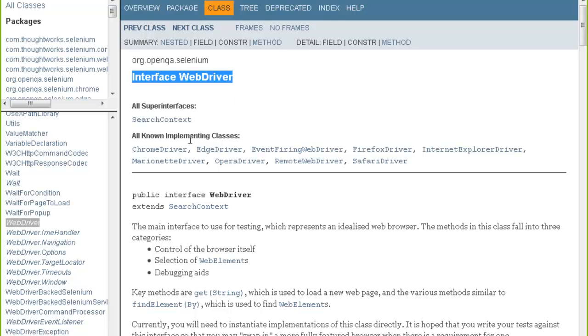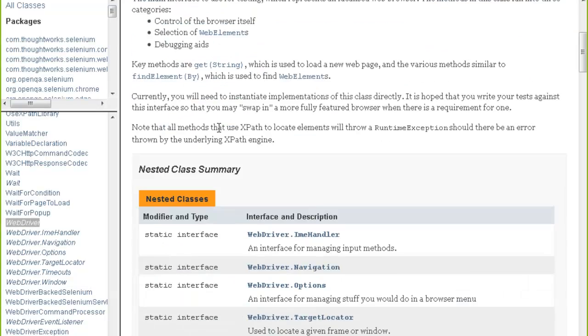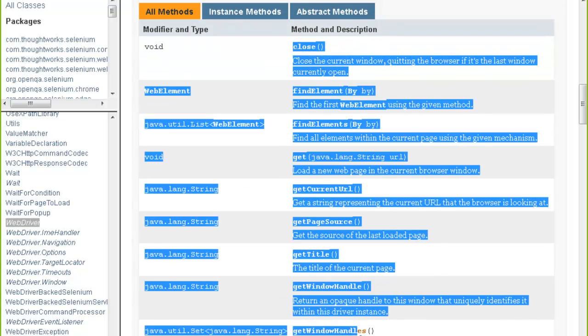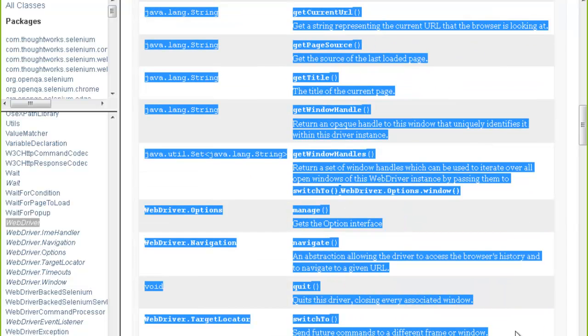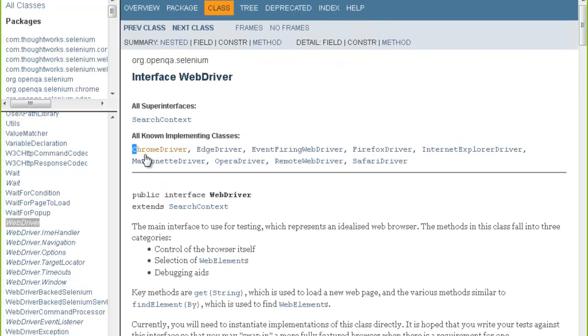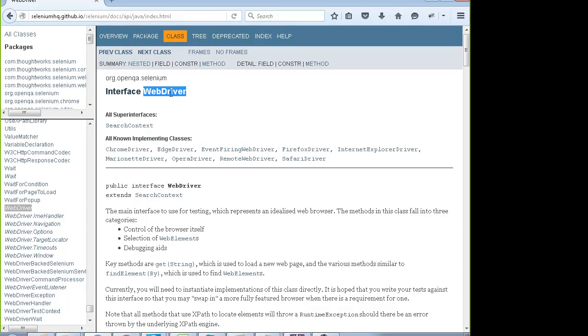And all the driver classes, Chrome driver, Edge driver, IE, Firefox, Remote, Safari, Opera, all the driver classes are implementing this interface. And this interface has got few major functions defined which can help you interact with the browser and the elements in the browser. So all these implementing classes will have the same set of functions as defined by the WebDriver interface, because all the implementing classes have the same functions as the interface, right?